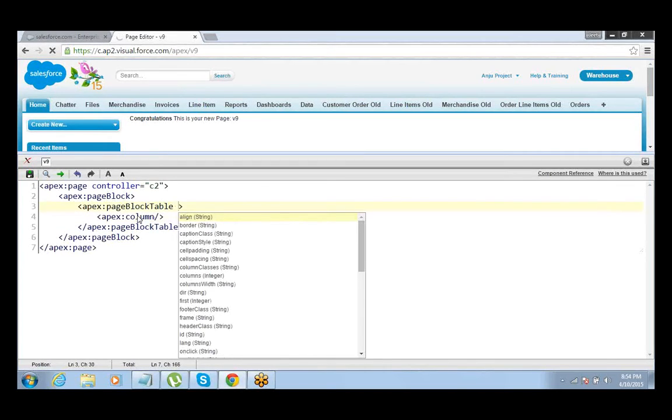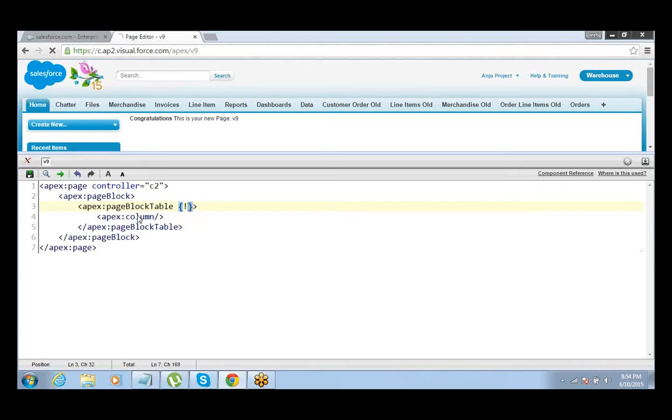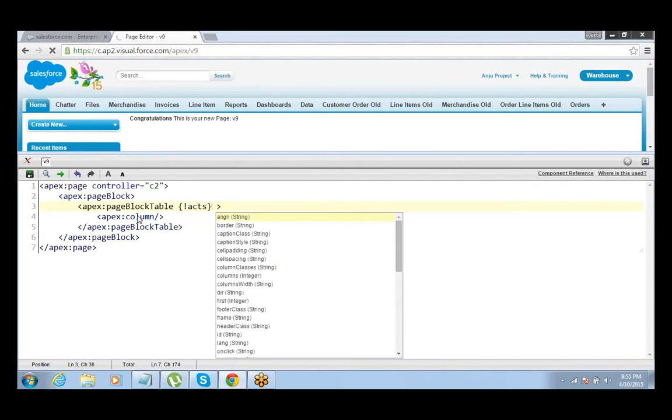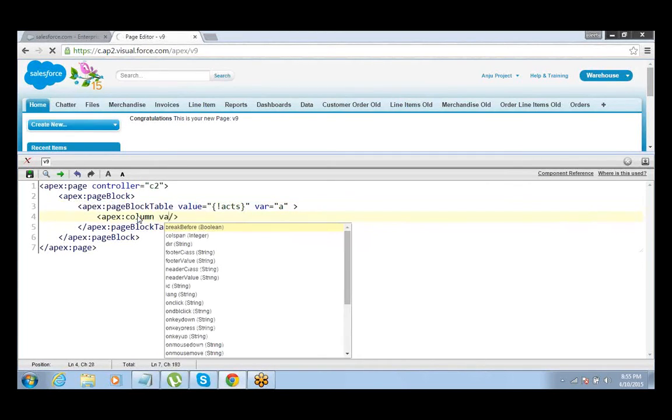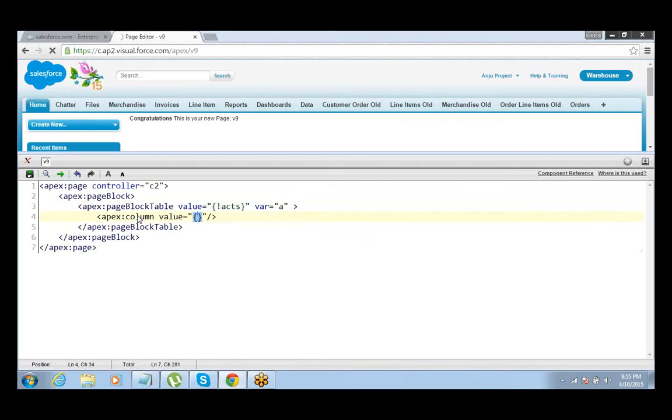Okay, now it's a page block table. So in the page block table, there are two required attributes. Attribute number one is the value that you want to put in the table. So you just say value equals accts, and the variable can be a, right? And in the column, your value will be a dot name and stuff like that. A dot name,